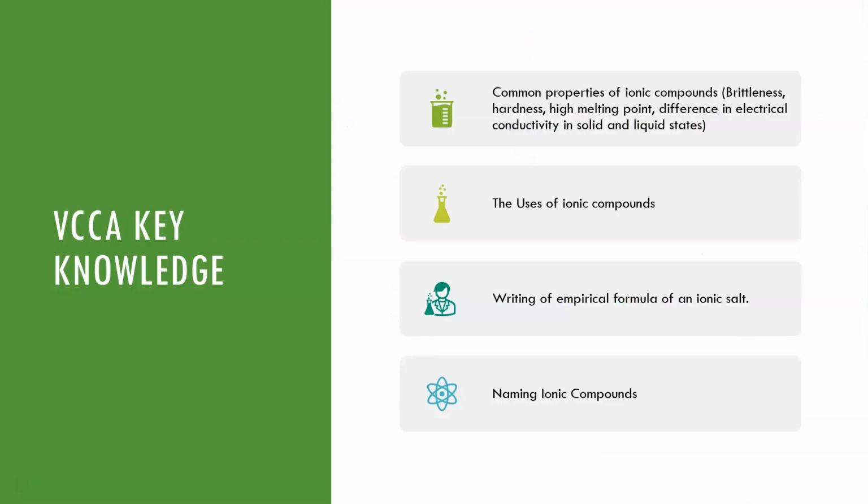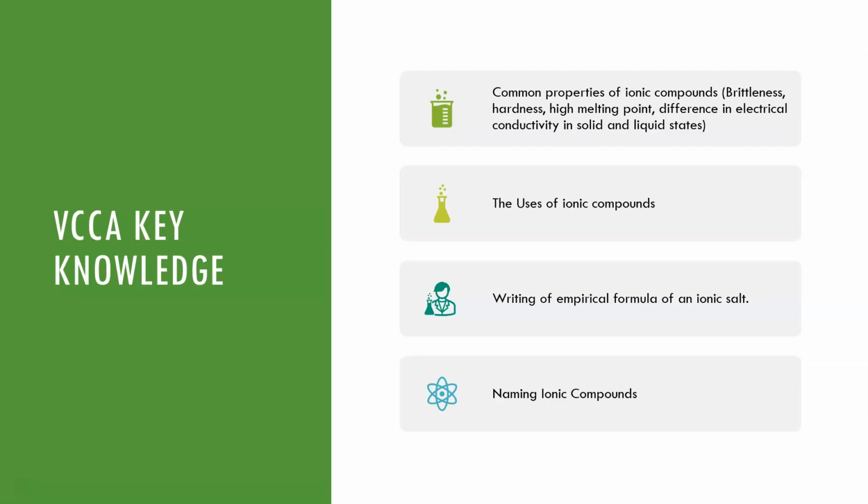First of all, the key things that we need to keep in mind as we go through this are the key knowledge points that we're expected to know from this unit. We want to be able to identify the common properties of ionic compounds, much the same as what we did with metals, and you may be familiar with these from previous studies. So this includes brittleness, hardness, high melting point, the difference in electrical conductivity in the physical states of being a solid or a liquid, the uses of these different ionic compounds in different areas of society,